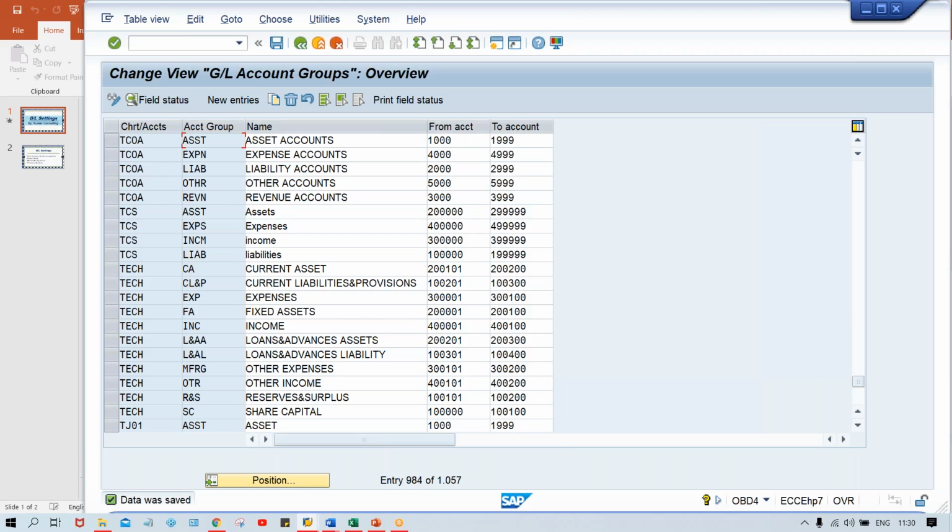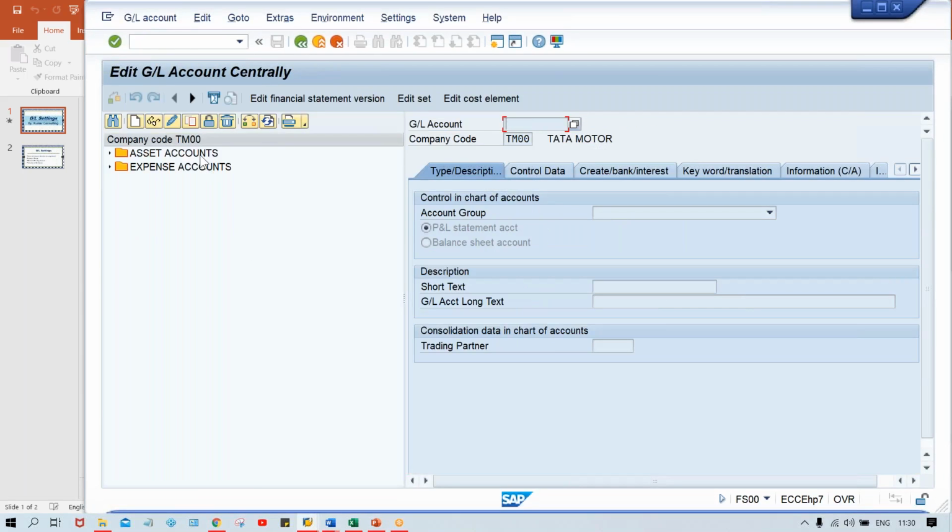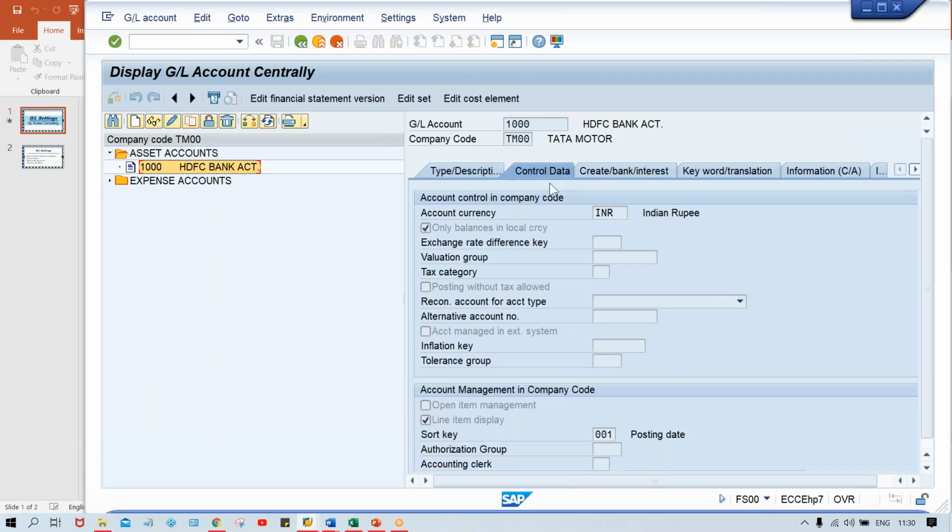So here is what we have done. Now once again you just do /NFS00, and now let me show you. These fields are converted into required entry fields.